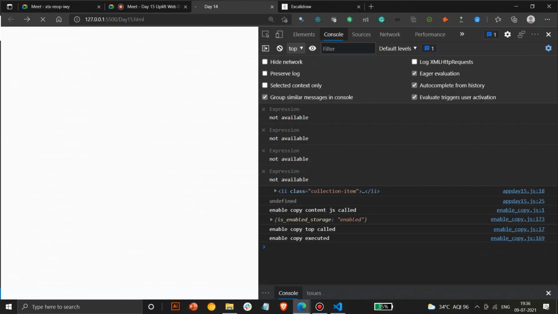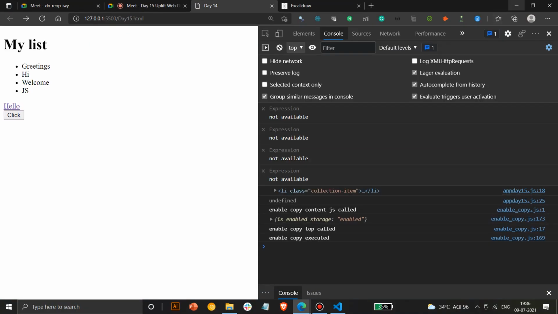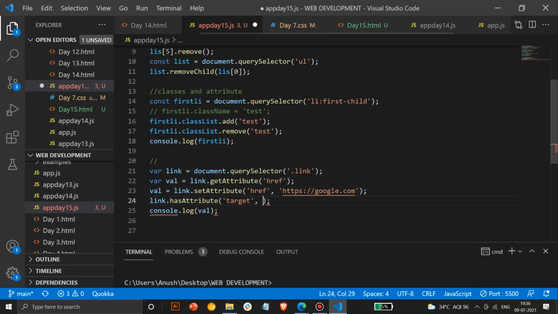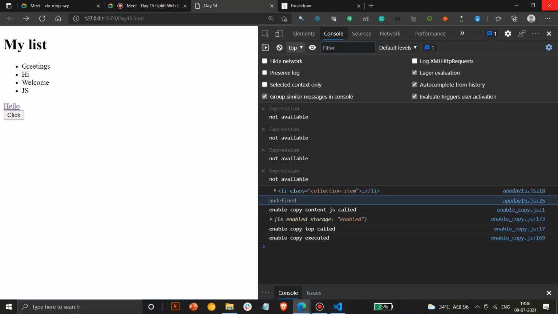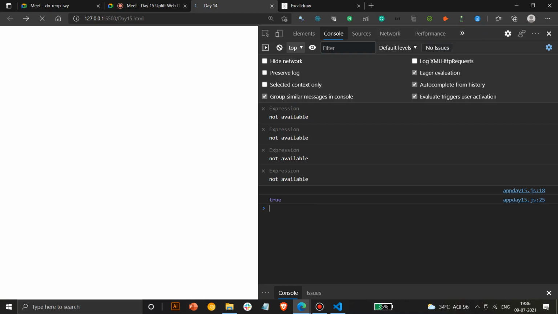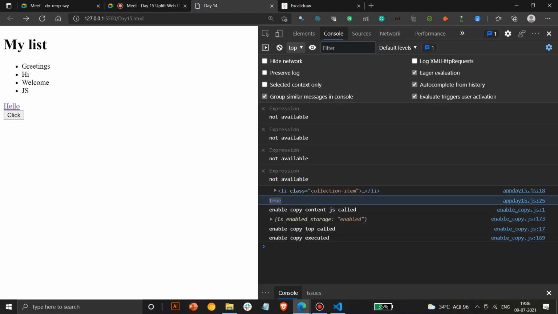It should work with hasAttribute. Let me check href. It shows undefined because we have set an attribute above and we are calling val. Let me change this to val and try again. Yeah, so it shows that some attribute has been set there.